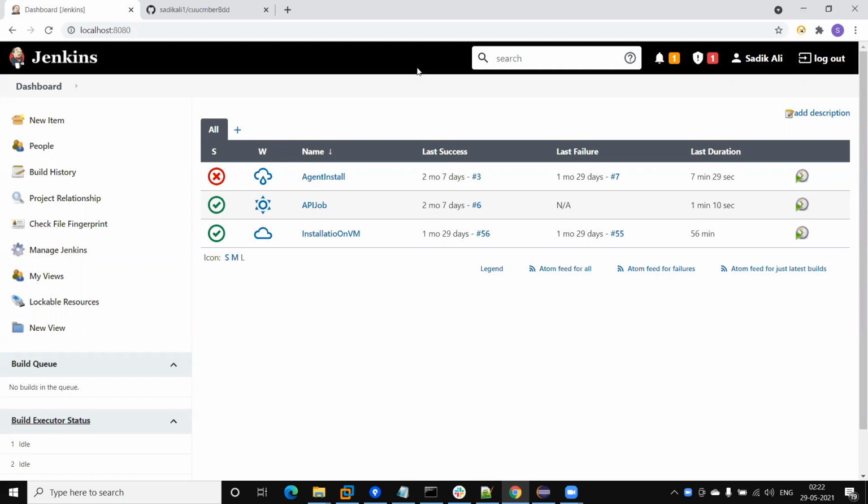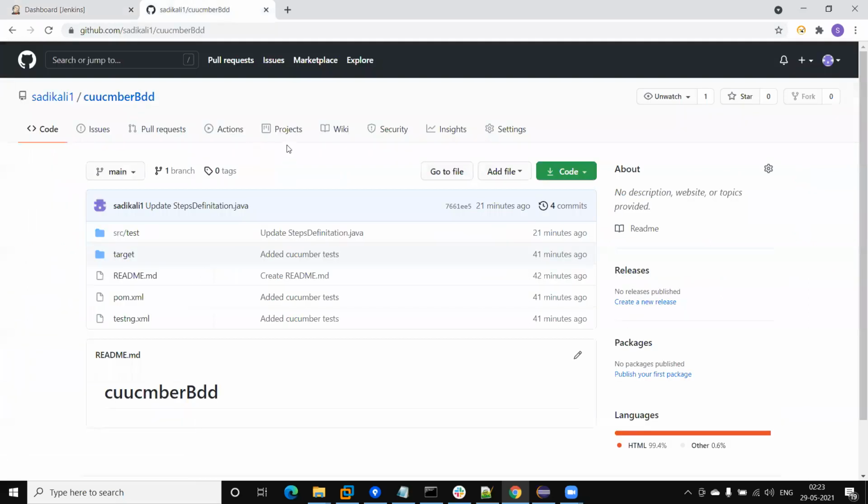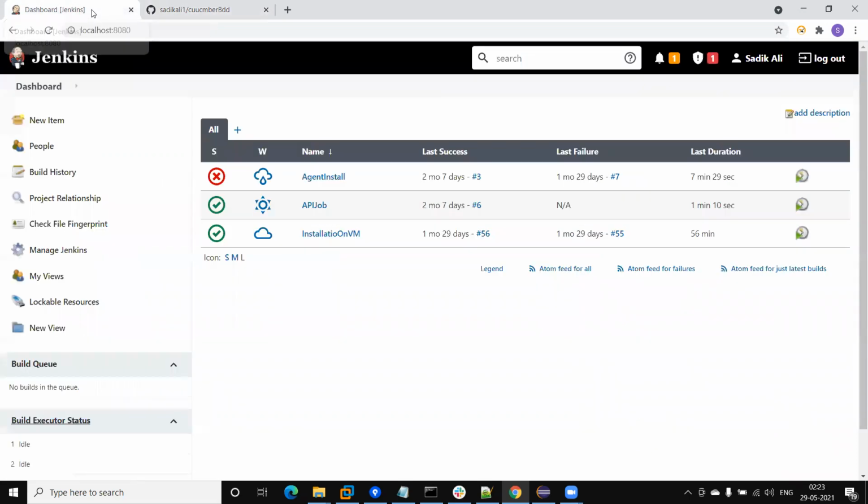In this tutorial, I am going to discuss how we integrate the Cucumber Selenium framework with the Jenkins job and how we publish the Cucumber report. First of all, this is a Jenkins UI and I have committed my code under this repo, and we will also integrate the Git repository with Jenkins. So Jenkins will automatically pull the code from Git, then build and execute the test cases. After the execution, the test result will be published in the Jenkins environment. How do we do that? Let me show.